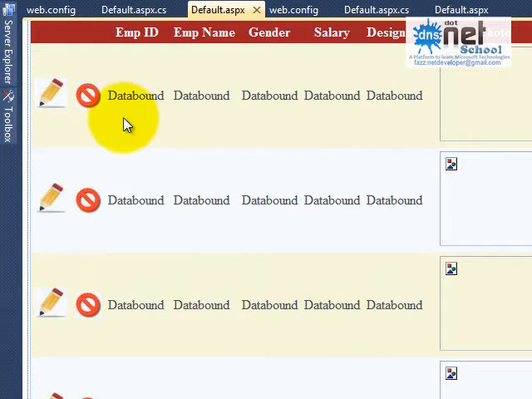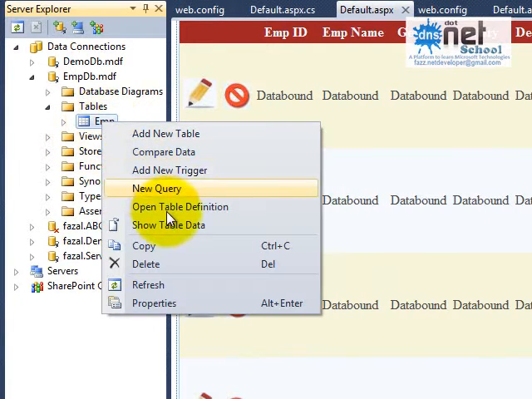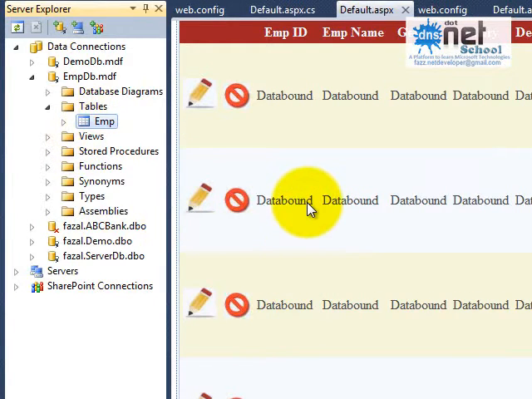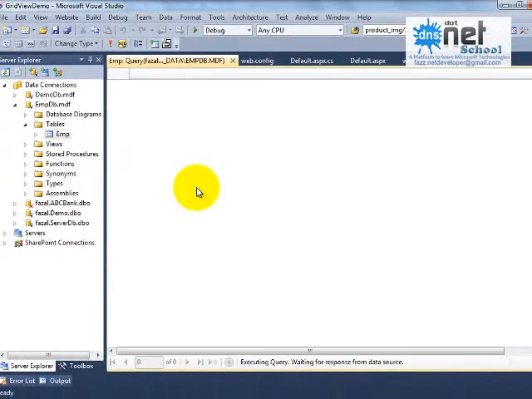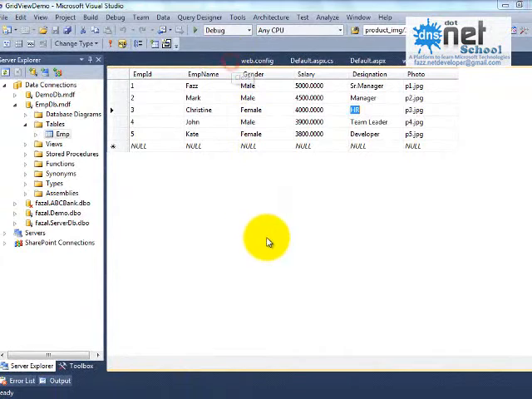In the list of items in the server, it says the value is not there. Let us check what spelling we have given for the data, the designation. It should match the table value as well as the items we have given over there. HR is there, okay. Manager, senior manager. So HR is not provided. Everything is there, but HR is not there. So in our drop down list, we should provide that HR also.